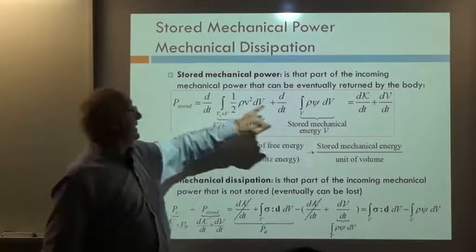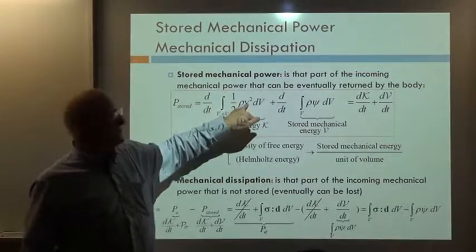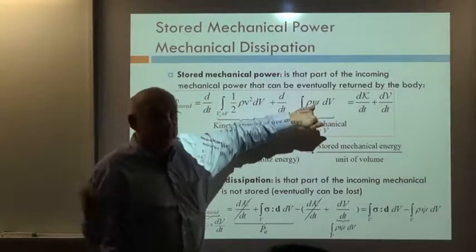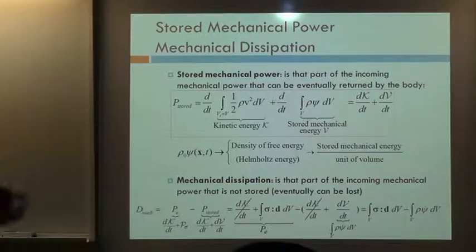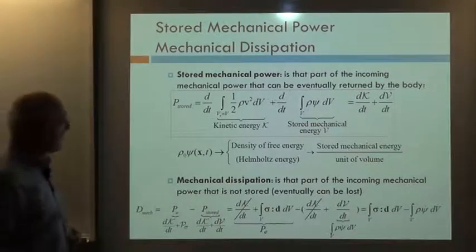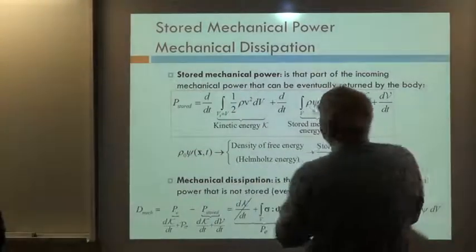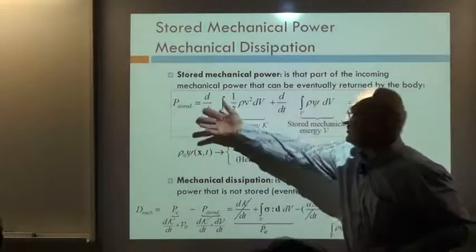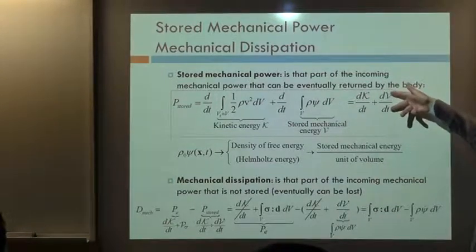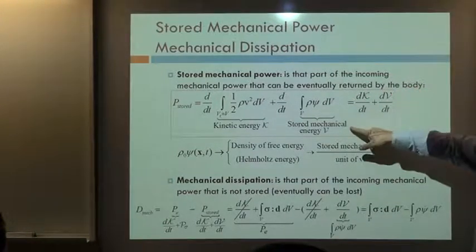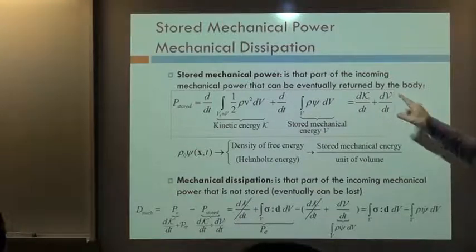That one is described in terms of the velocity, and that one is described in terms of another entity that is the free energy. So that is our paradigm, it's our assumption. So if we quantify the stored energy this way, the variation per unit of time of the kinetic energy plus the variation per unit of time of the stored mechanical energy, what we describe by this B,